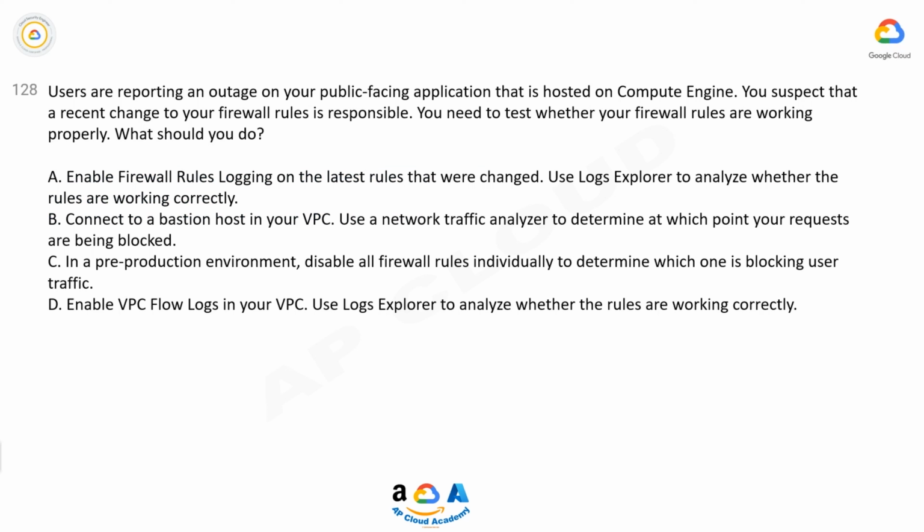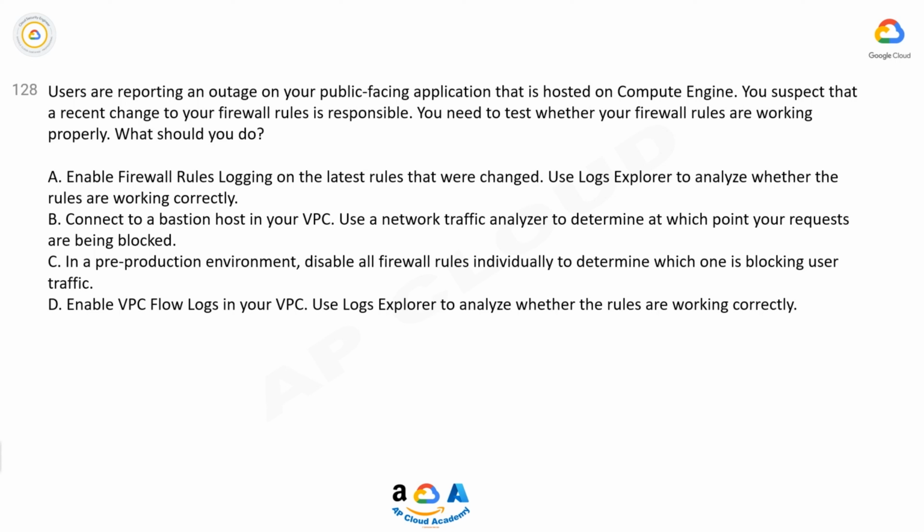128. Users are reporting an outage on your public-facing application that is hosted on Compute Engine. You suspect that a recent change to your firewall rules is responsible. You need to test whether your firewall rules are working properly. What should you do? A. Enable firewall rules logging on the latest rules that were changed. Use Logs Explorer to analyze whether the rules are working